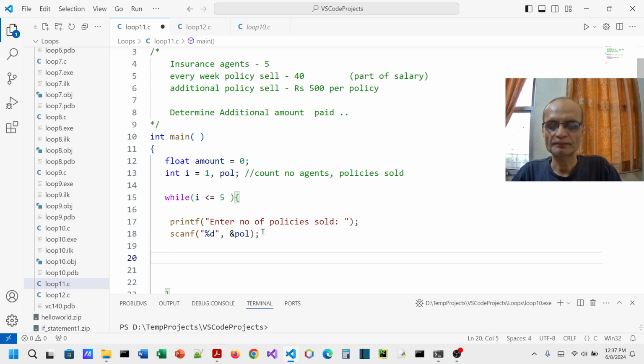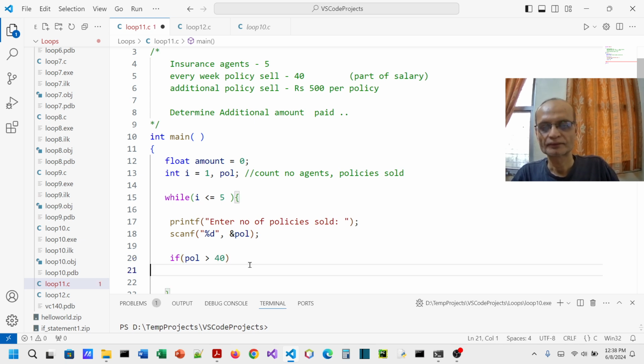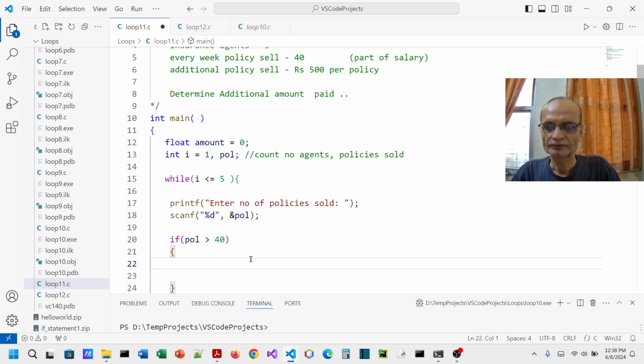Now what I am going to have is a logic. That means if the policies sold are above 40, then only I am interested. Otherwise, for 40 I am not interested. Why? Because anyway it's part of the salary. So I have to have a logic which will say if pol is greater than 40, then we need to calculate the amount. So amount is equal to